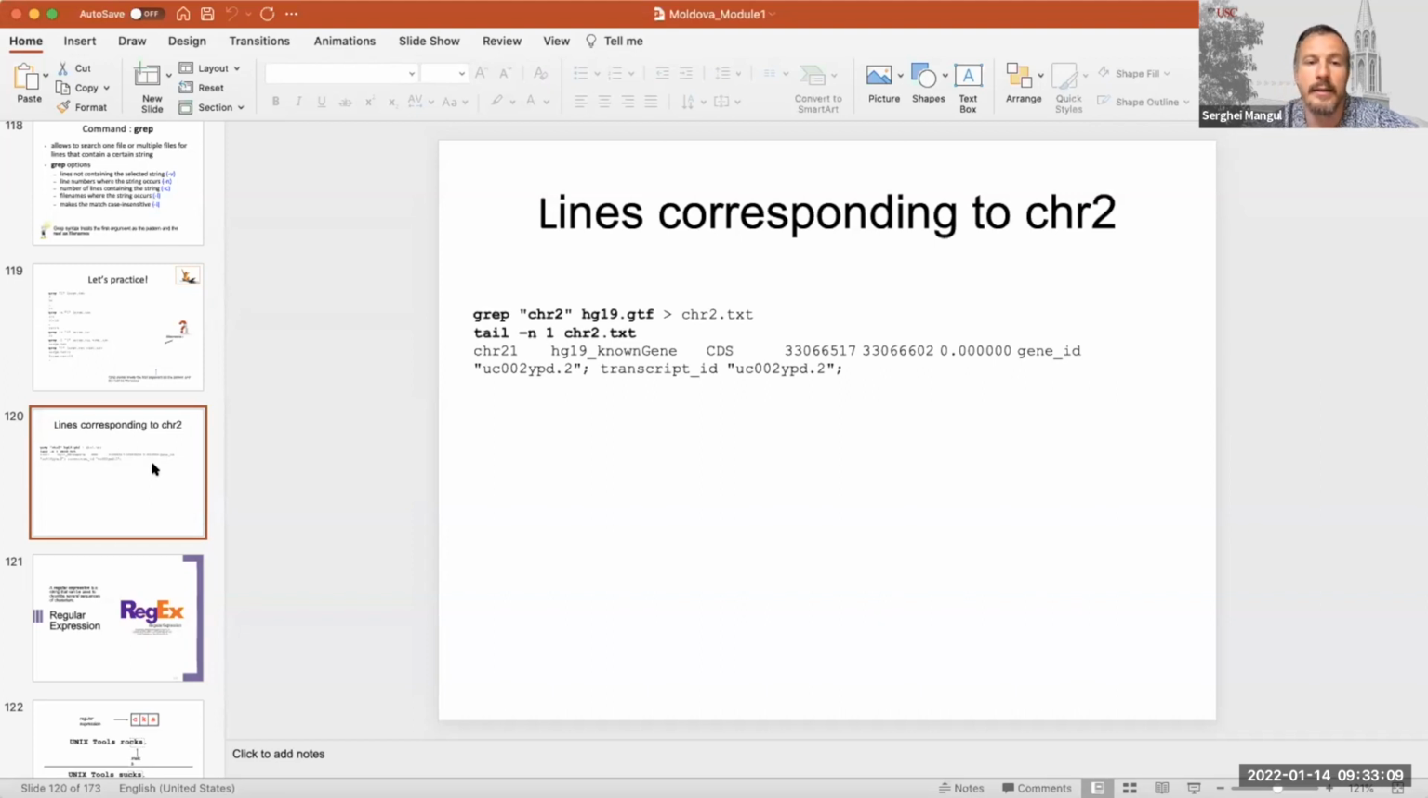So this is one line. It says chromosome 21, HD19, that's the reference genome build. And then it says coding region and then coordinates in the genome, big numbers, where that gene is located. And the gene ID and the transcript ID. And then you ask, will grep be enough? If you know grep, can you extract, for example,